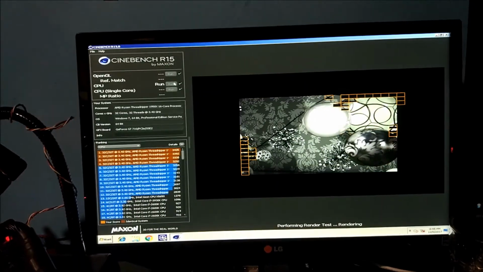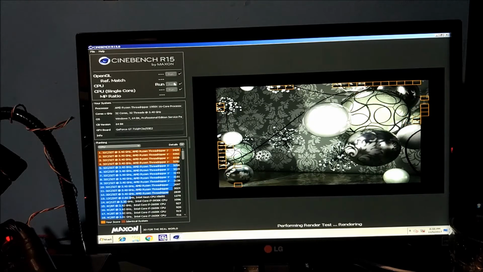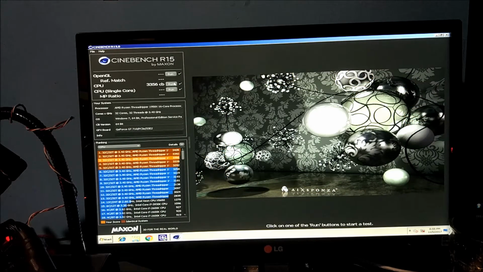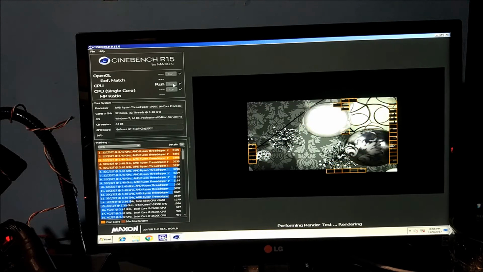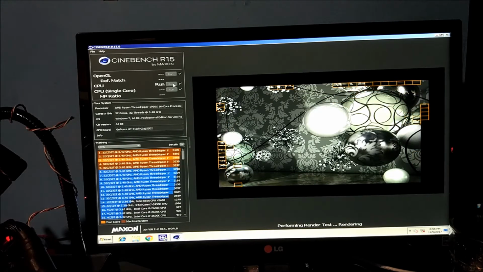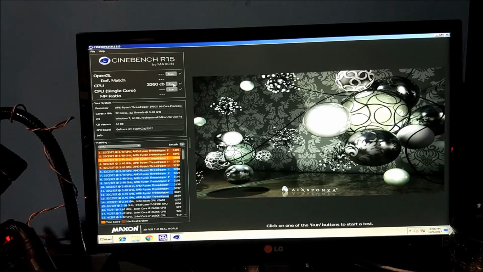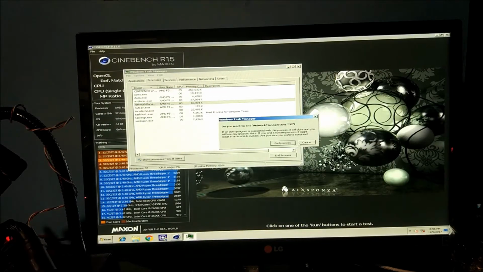Oops, need to zoom me out there. Still pulling 380 to 390 watts. 398 watts there, quite impressive. Probably because I put the SoC voltage up, to be honest, rather than the CPU using more voltage. We'll give it a quick couple of runs on